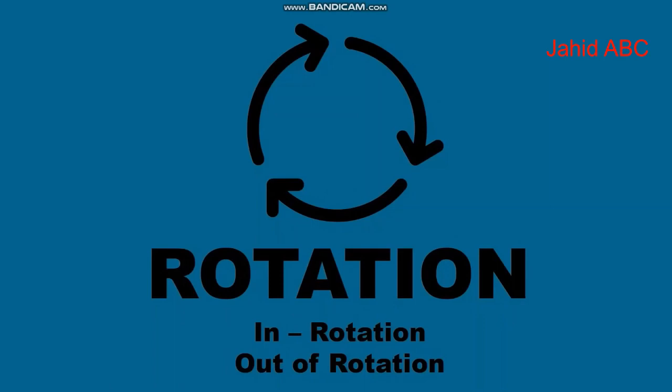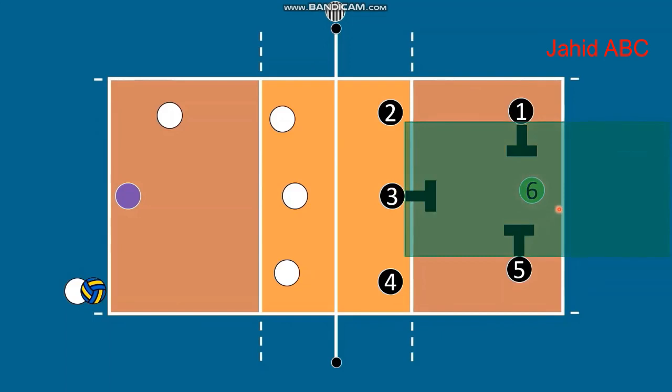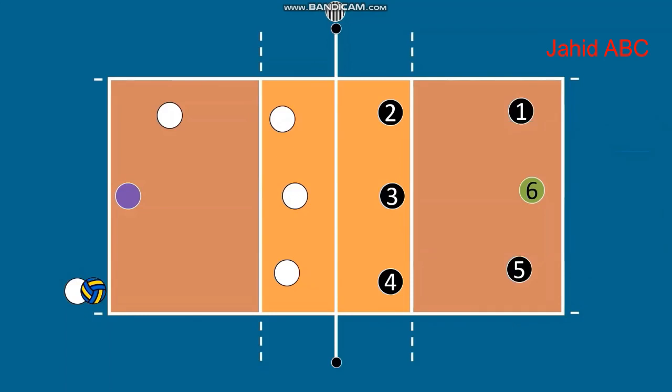So what is rotation? What is in rotation? And what is out of rotation? What rotation means is, let's say you're player 6, then player 6 needs to be on this side of player 1, on this side of player 3, and on this side of player 5. So player 6 needs to be between these players. So if player 6 can stand anywhere in this green area, then player 6 is in rotation. So player 1 would look at the player in front of them, or